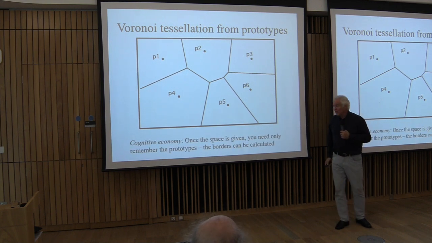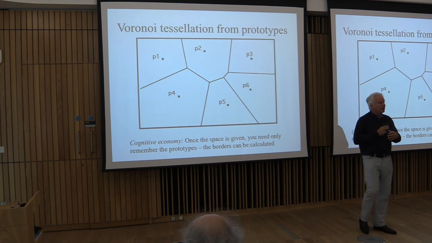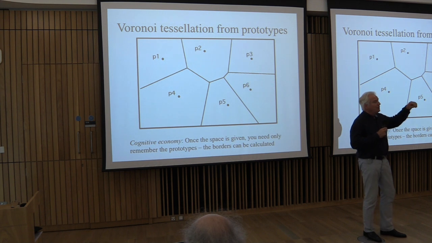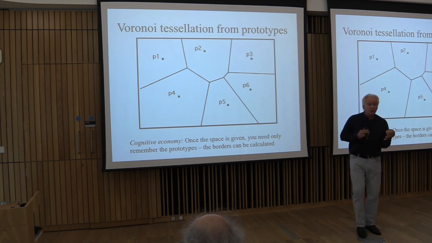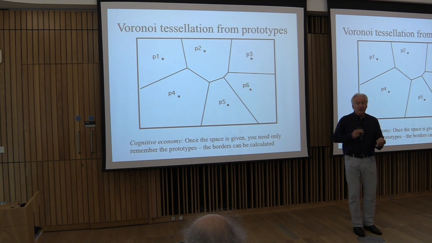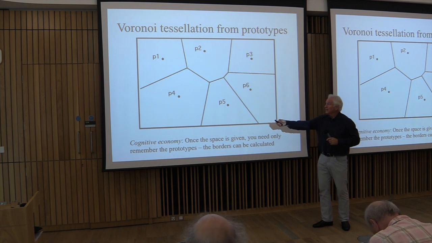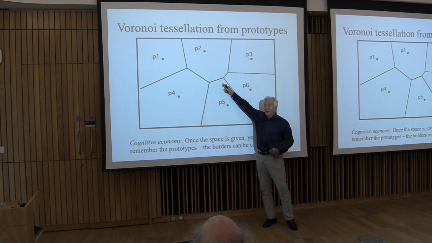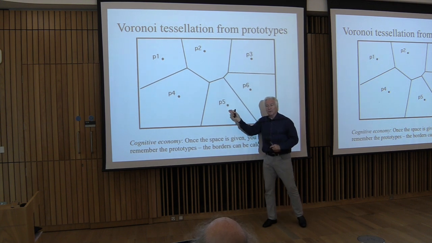And the important point here is that prototypes generate a form of cognitive economy. Once you've seen a number of examples, you don't have to remember all the examples, unlike case-based reasoning. You can do with remembering the prototype. And once you remember the prototype, then you can generate. When you see a new object that fits here in the space, my point is that if it fits here, then it's closest to this prototype, and you will name it by this prototype. So